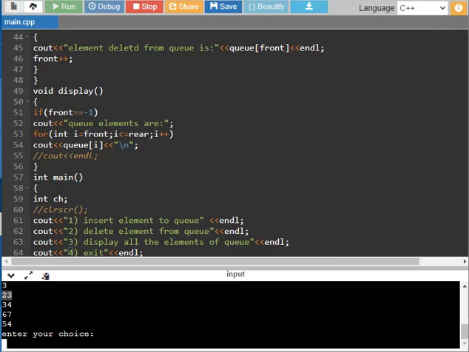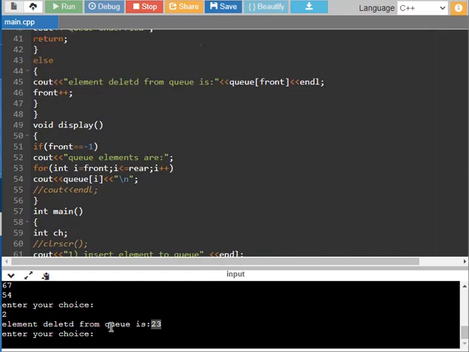When I choose 2, we want to pop the value. So 23 will be deleted because the first element was inserted first. Then the second value moves to the front of the queue.